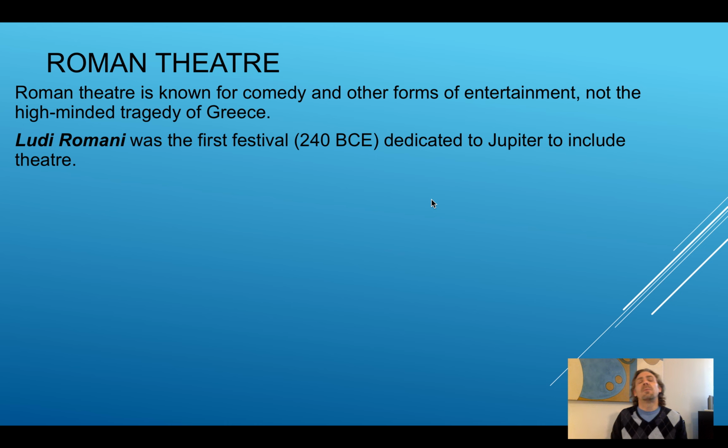Now, let's go across the Mediterranean to Roman theater. Roman theater is known for comedy, not tragedies, and for other forms of entertainment. Greek theater was typically considered to be very intellectual, or what we might say today as being high-minded. Roman theater was not high-minded. It was about comedy,